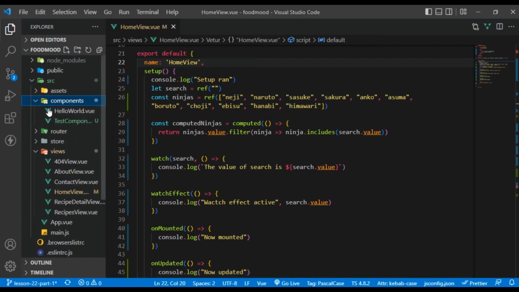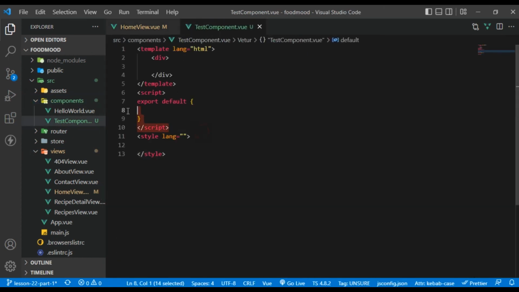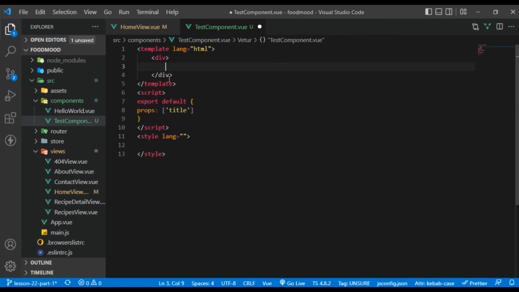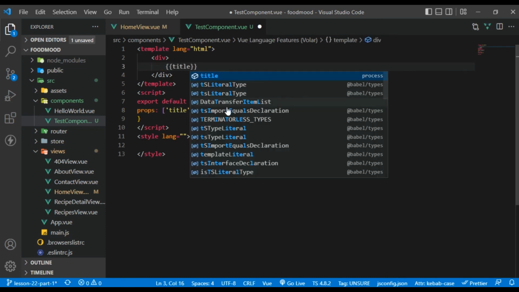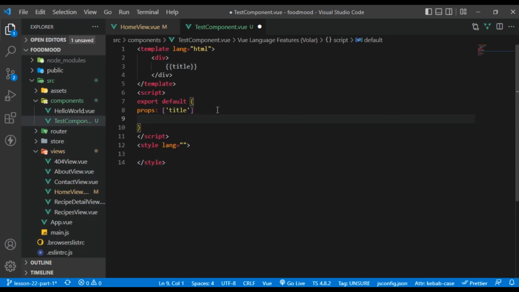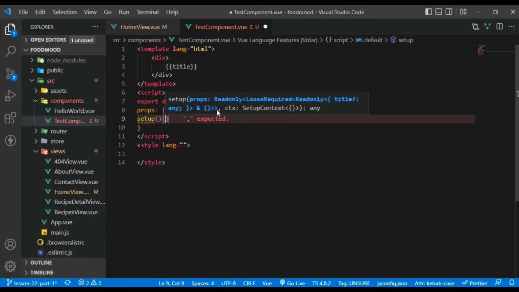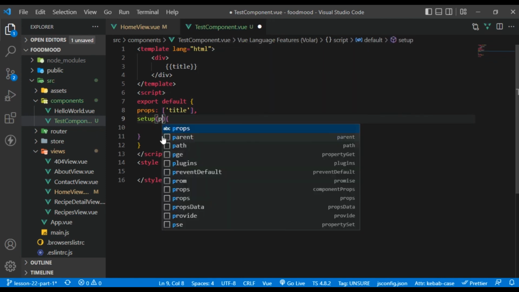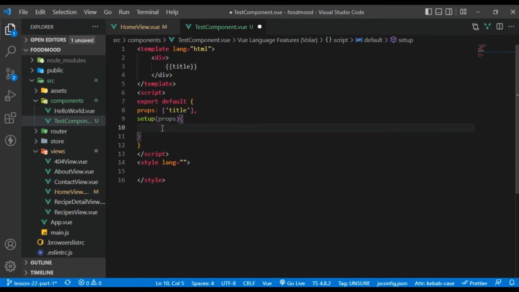The first thing is I've created a component right here, which is test component. If we actually want to accept props, we've looked at that, so we can do something such as props, and the name of the props is going to be in an array. First we want to have title, and automatically I can have access to this title here. And if we actually want to make use of this in our composition API, we can essentially, let me add a comma here, accept props here, and inside of this we can say console.log, and I'm going to say